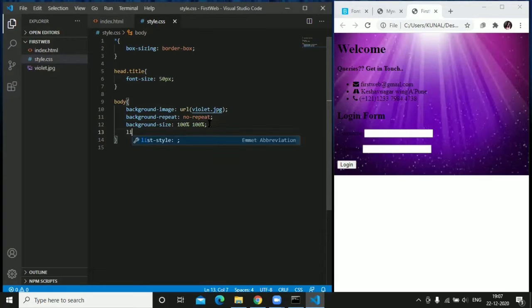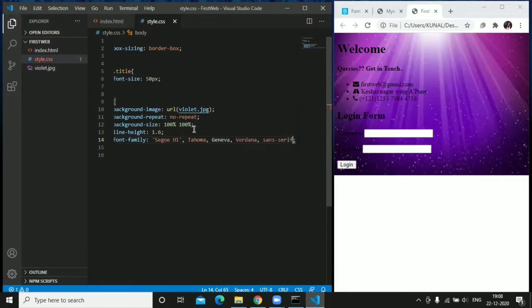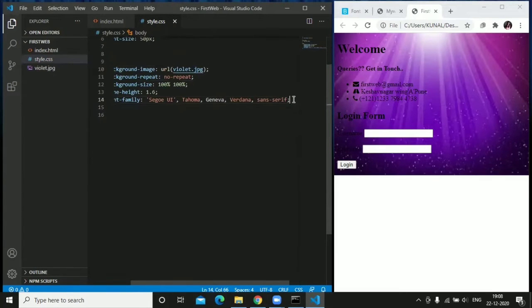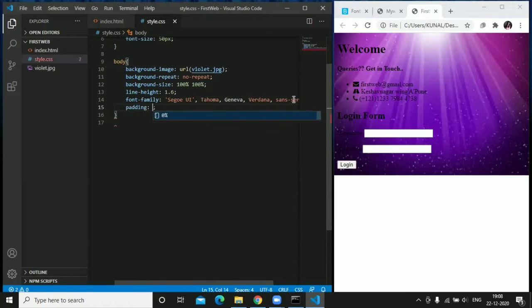Now add another attribute. Line height would be 1.6. Now let's add another attribute as well. Font family would be, let's just choose anything you want. I'll choose this one. Then add the padding, it would be 1em.